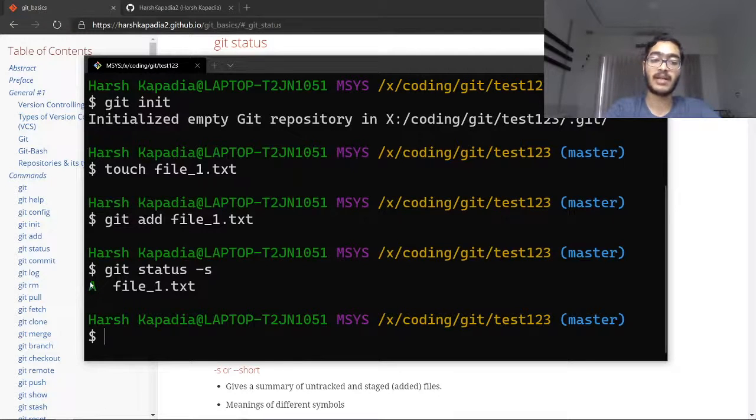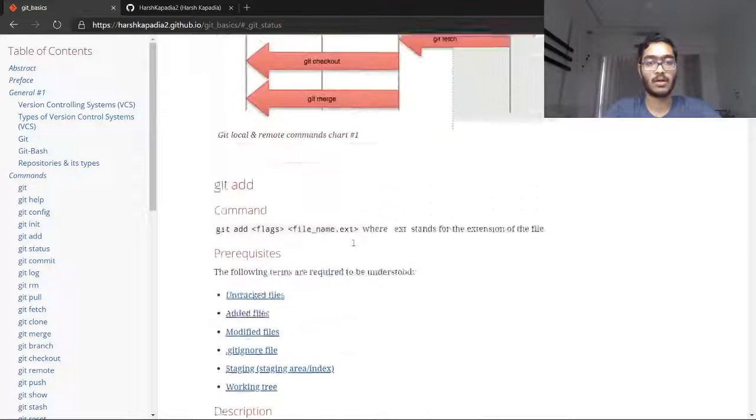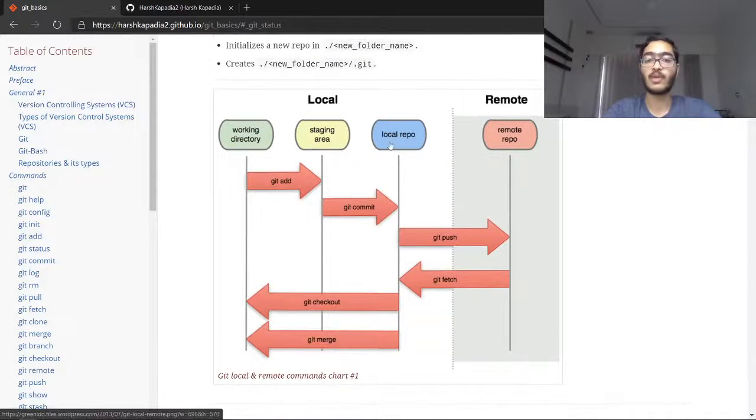So it's telling me that I have added a file to the staging area. Okay, so now I have a file in the staging area. Now what our goal is, is to get that file into the local repository, right? So I have the file in the working directory. I added the file to the staging area, and now from the staging area I need to add the file